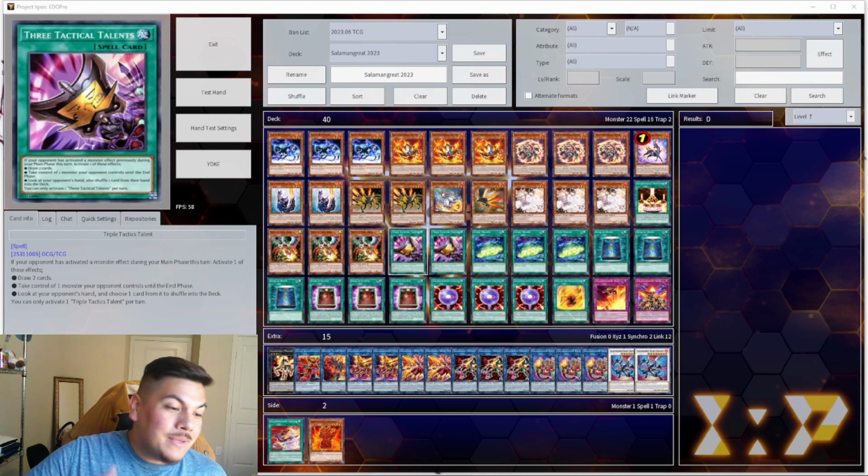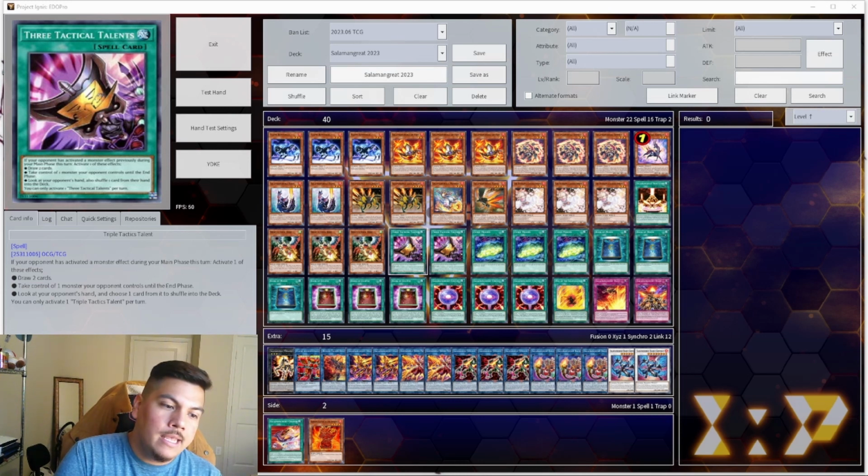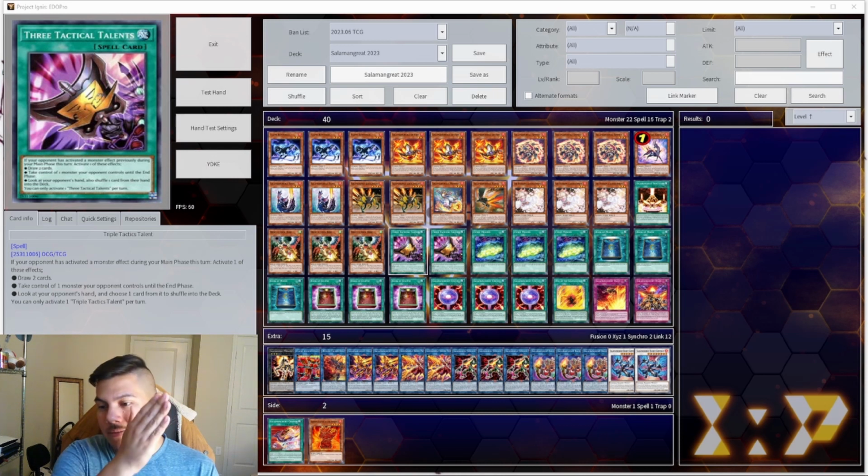Next up, guys, 2 copies of Triple Tactics Talents. It's pretty self-explanatory. You're going to be going up against a lot of hand traps, and you have a lot of space for non-engine in this deck. A lot of it, I want to say like a third of it, you're going to be using for consistency purposes, with